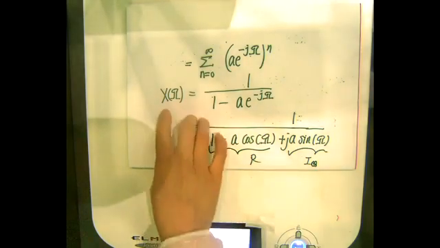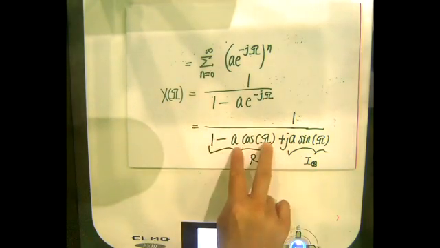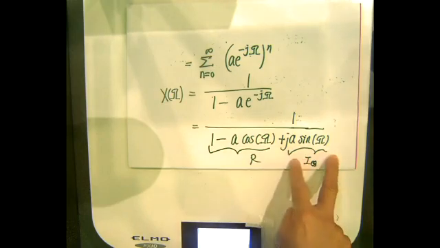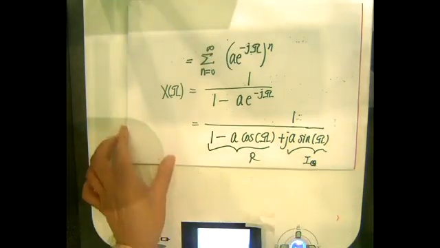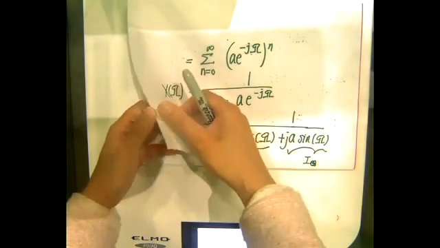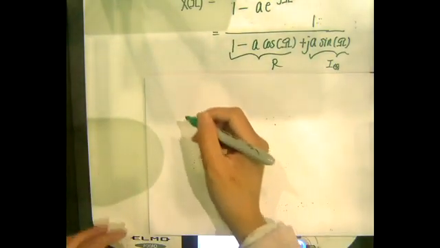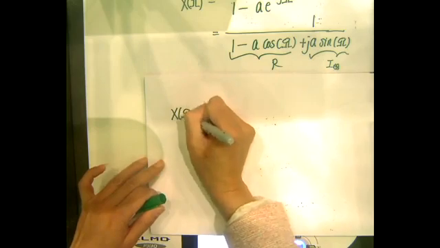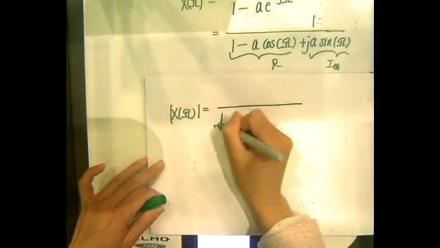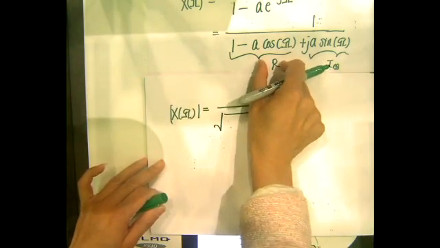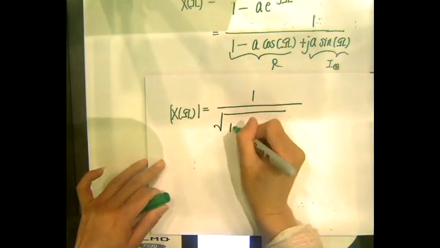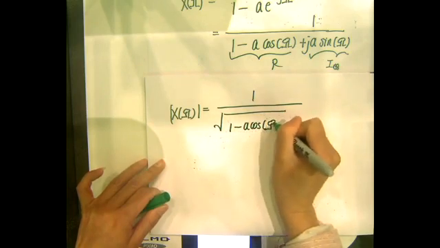So if you look at the signal, this part without j will be real. So 1 minus A cosine omega is my real part. This part is my imaginary part. And when I calculate the amplitude, what should this value be? My X of omega will be the square root of real part squared plus imaginary part squared. So 1 minus A cosine omega